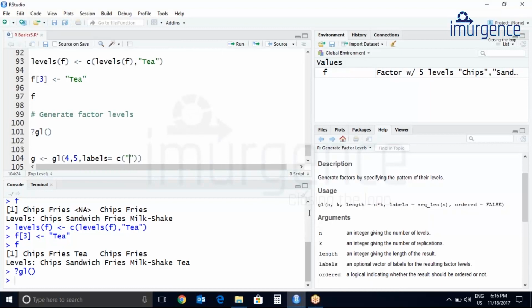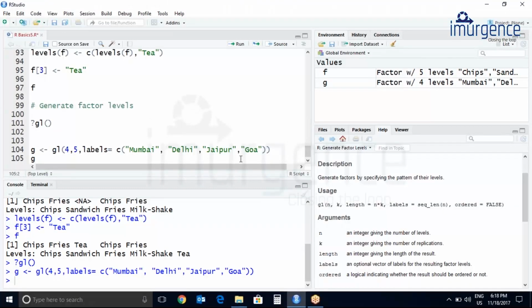Let me just add 4 places: Mumbai, Delhi, then let's add Jaipur, comma, Goa.